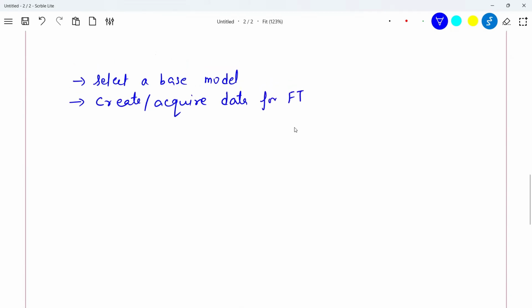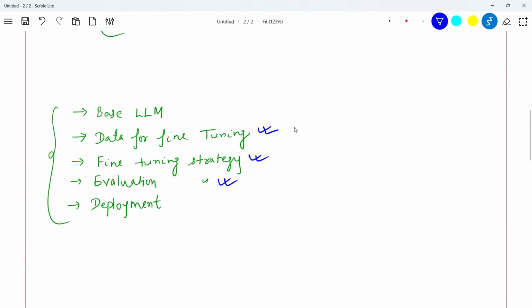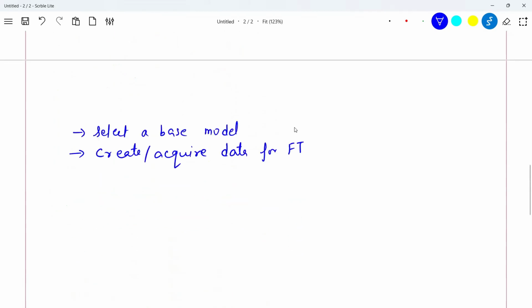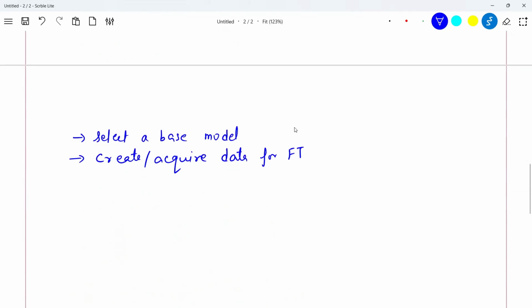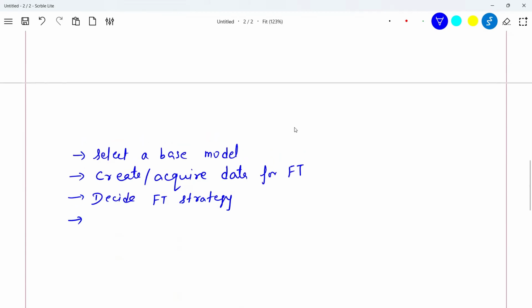So what I'm doing is going one level down from here. You will need a base LLM and you will need data. So take a base LLM, create or acquire data for fine tuning, and decide how you want to fine tune. Decide the fine tuning (FT) strategy, because there are multiple strategies.